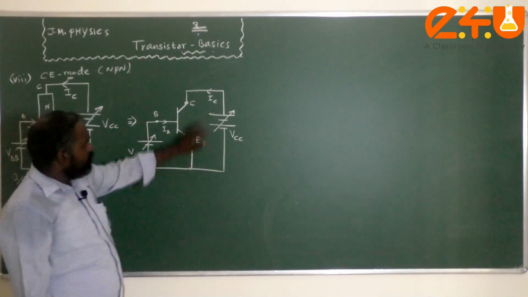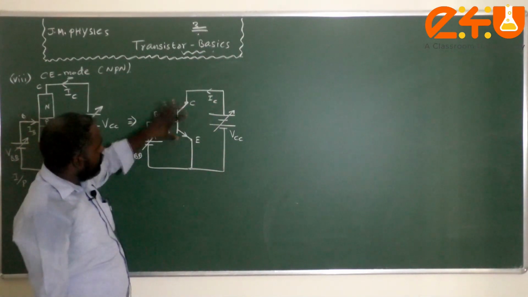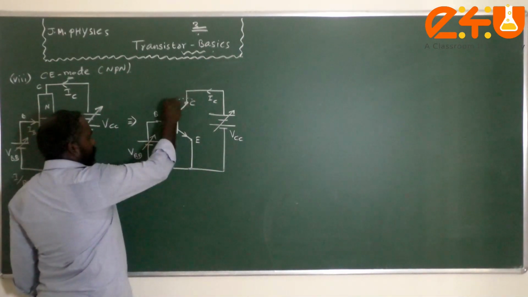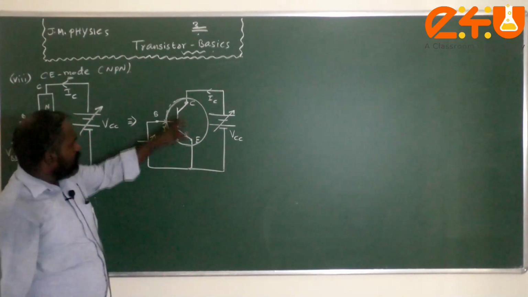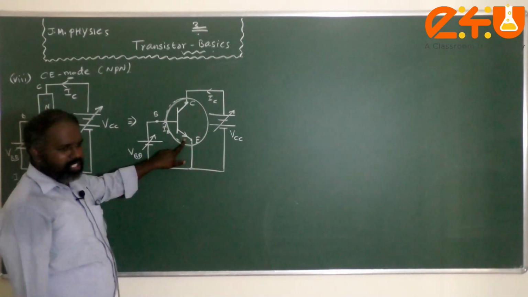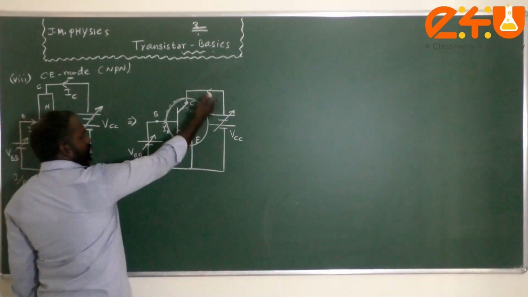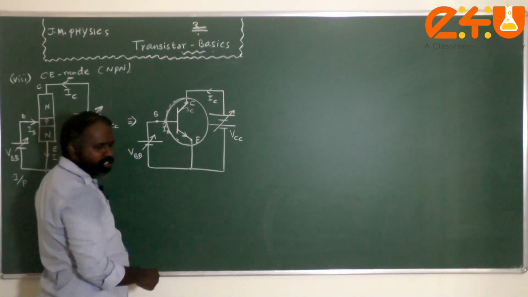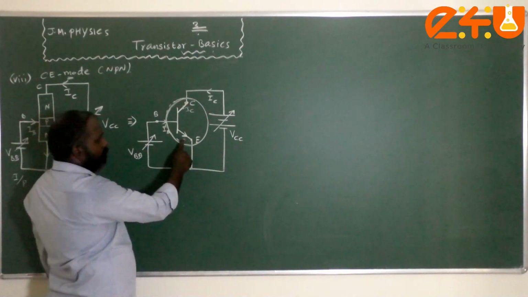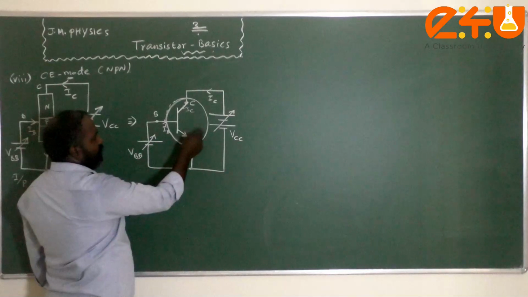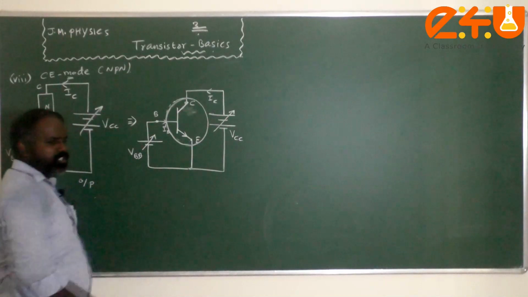And moreover, please don't mark this IC arrow as the direction of IC current into this junction terminal. In some books they may give this as a circle, a solid circle. Inside this circle we have to mark only the emitter direction. So if you draw IC like this, even though its direction is correct, that is not the proper way to represent the IC current, because inside the circle we must show only IE, the current direction through the emitter terminal, since we assume the symbol in that manner.